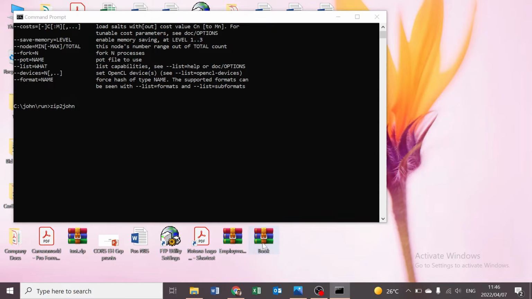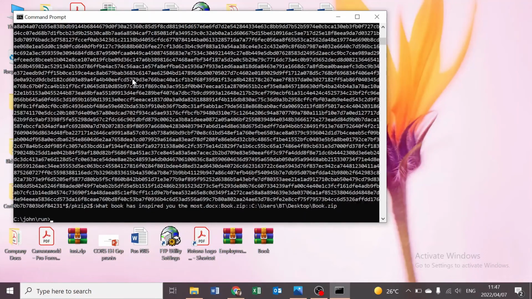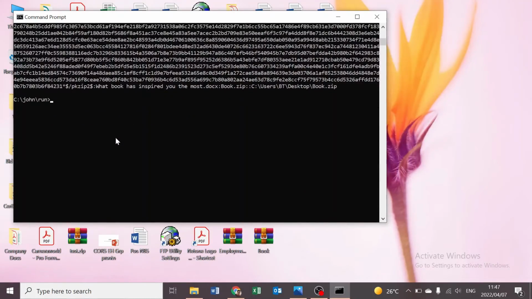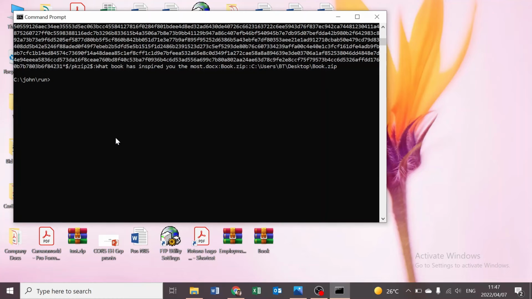So there's a file, we just paste it here and press enter. So these are the password hashes that come with the file. So we need to crack them. So let's say zip2john once more. We take this right here, we paste it. But because these hashes are in this format, we'll have to crack them from a hash text. So in order for us to do that, we'll have to say